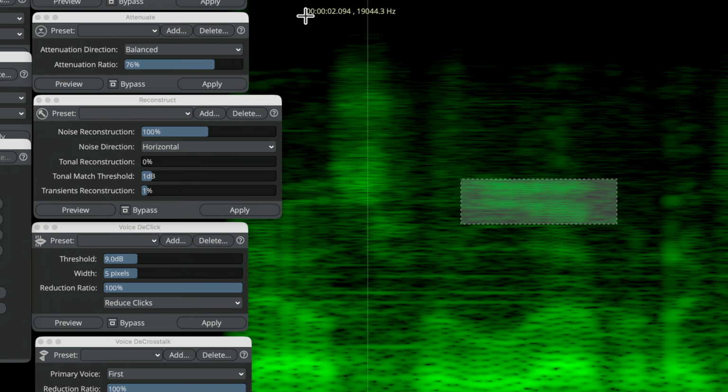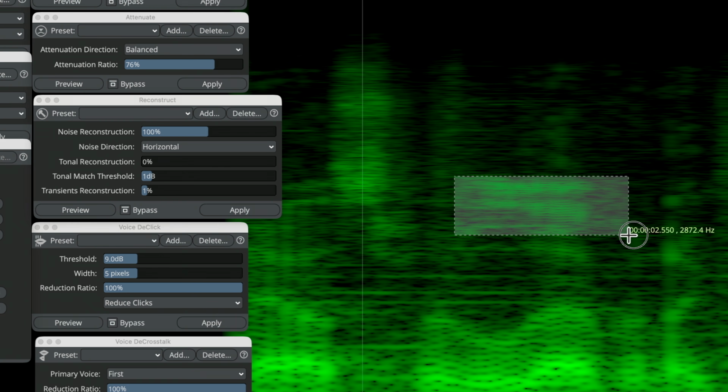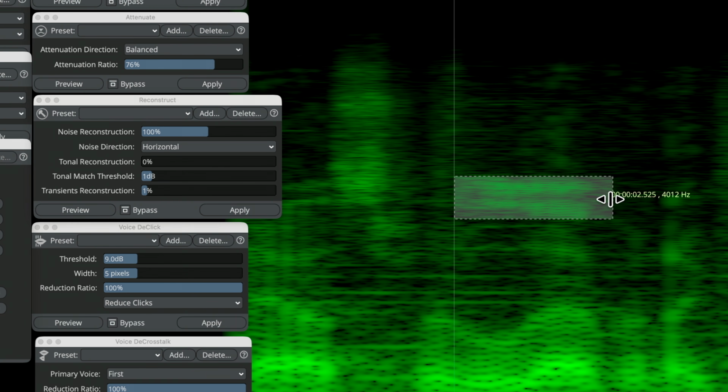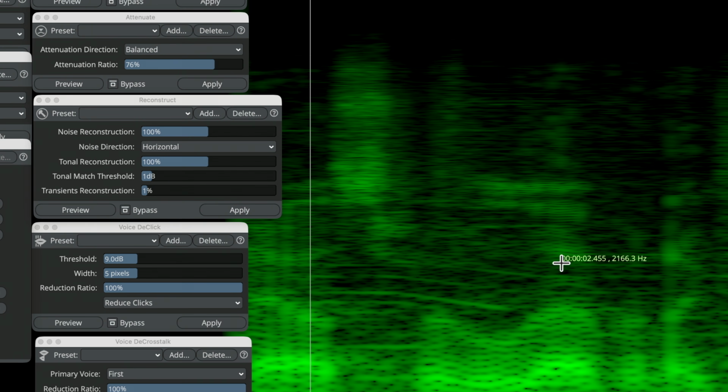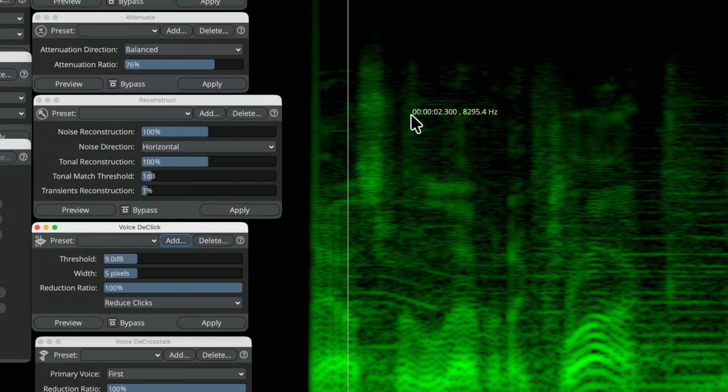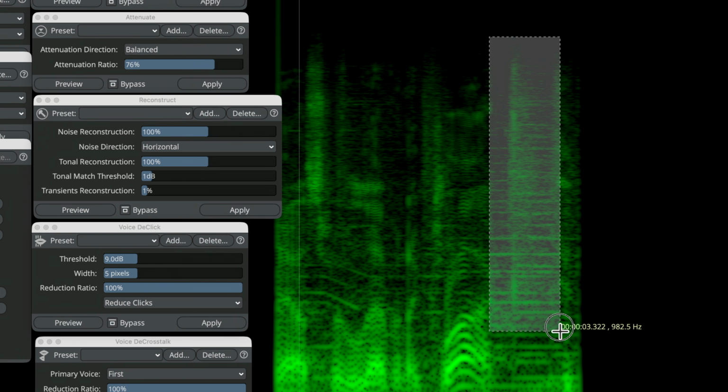It perfectly matches the level of the spectral content around and seeks to fill whatever selection you've made with synthesized noise or tonal aspects of sound. See, check this out. Based on the selection and which direction or directions you've assigned it. It's really groundbreaking. Then we have voice declick to get rid of clicks in dialogue, which is also a new